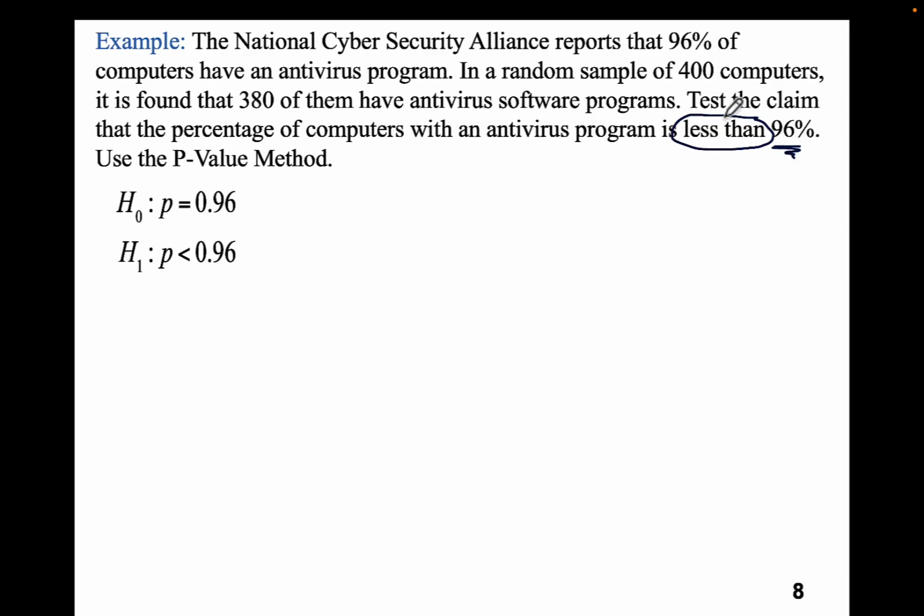And that would, if we were to draw a graph right now, tell us to make a left-tailed test, but they're requesting the p-value method, so no graph necessary. So what we need to do now is go to StatCrunch. We need to find that p-value so that we can compare it to the significance level,